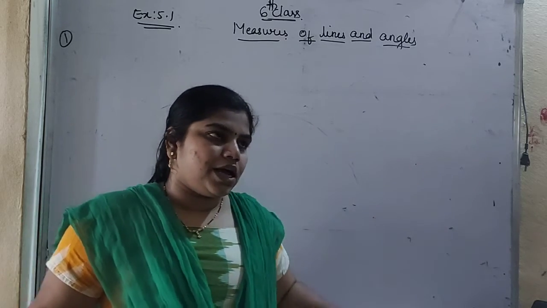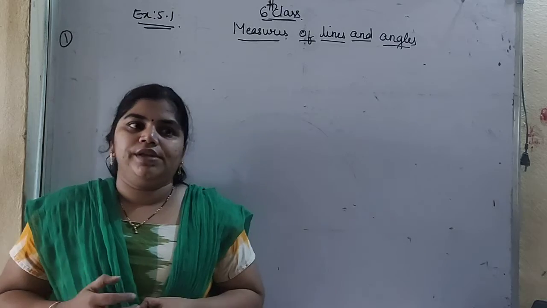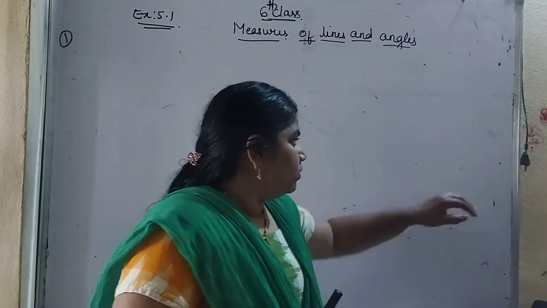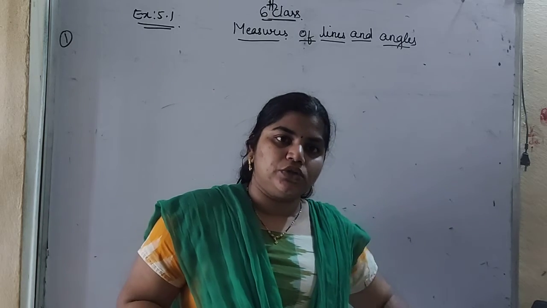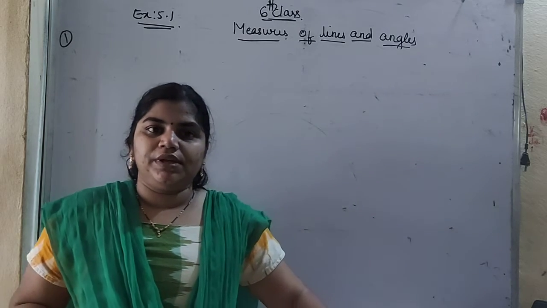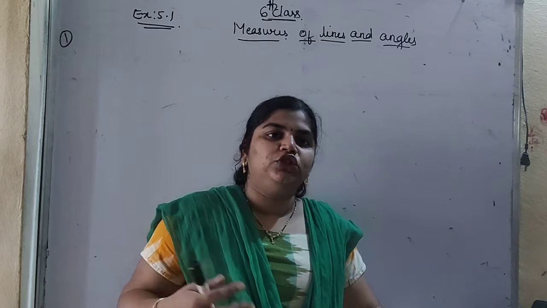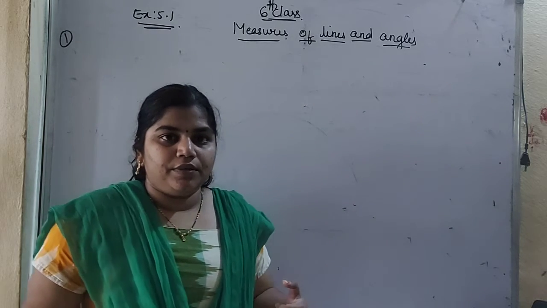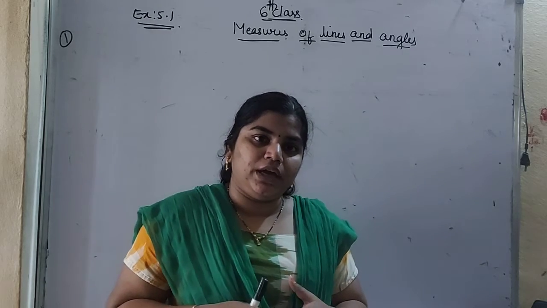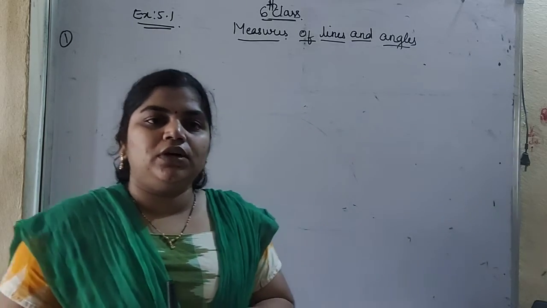So what are those in the classroom? If you observe, you can take the edge of a board. Yes, the edge of a book you can take, that is also a line segment, because a line segment has end points which we can measure. Next is the edge of a window you can take. Yes, the edge of a duster you can take. So these all are examples for line segments.